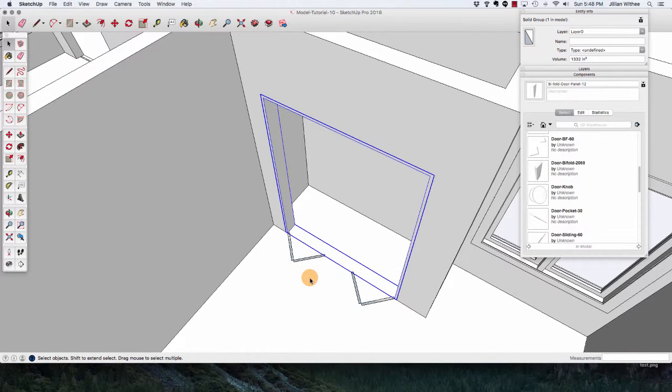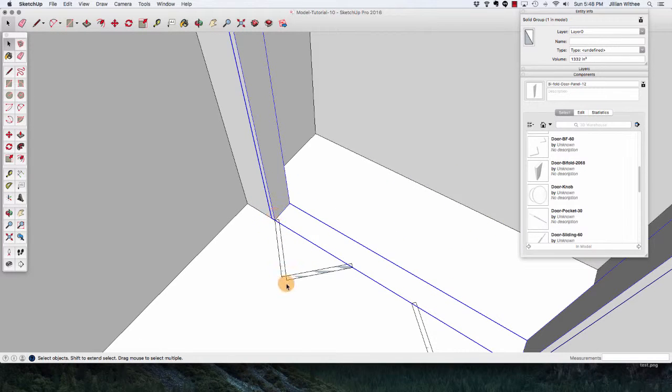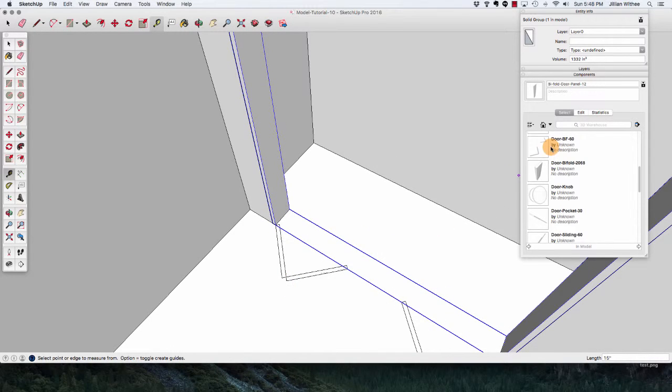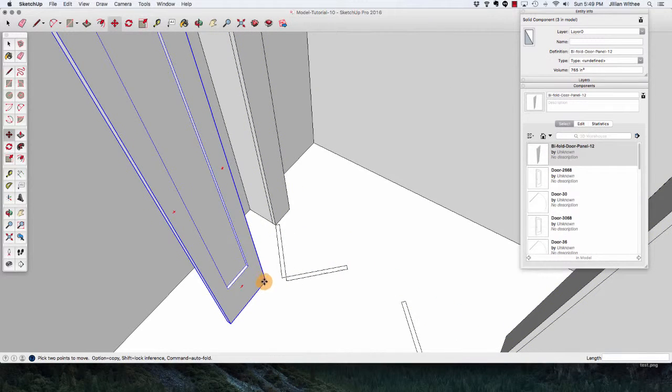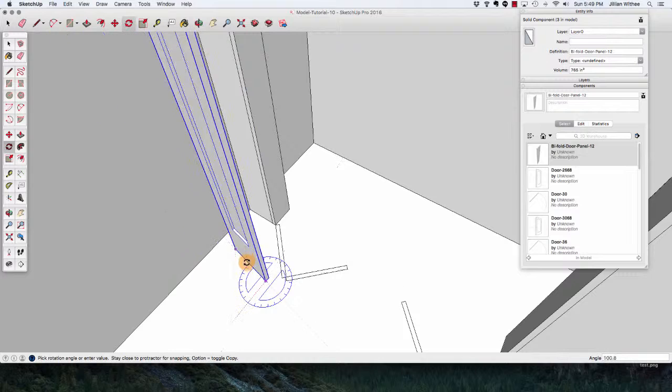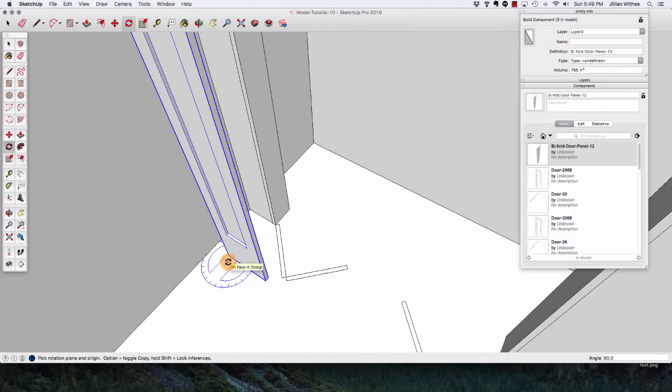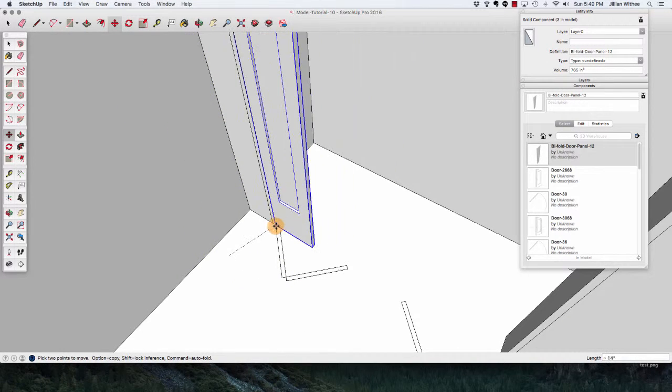Okay, now we have our frame. So our panels here are going to be 15 inches. So what can we do? We can take our bifold door panel that we made in the entryway, and as you know, we can rotate it. So we're just going to rotate it around 90 degrees, and I'm going to move it into place at the